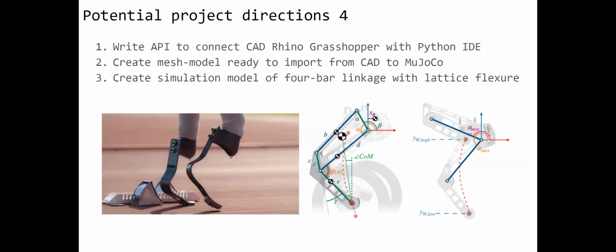Here it's Python. Second is to create a mesh model from the generated compliant elastic thing to import it into MuJoCo, because MuJoCo can work with elastic bodies. It can simulate deformations. And last but not least is to make the simulation model of the leg with this some kind of Paralympics